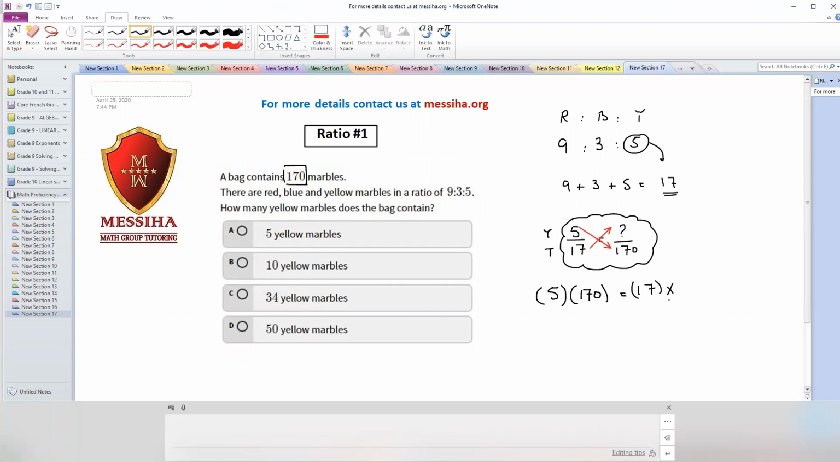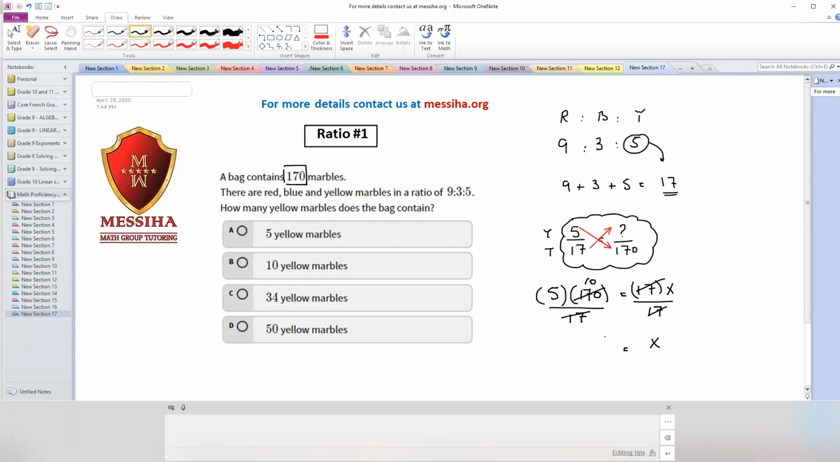Now to isolate the x unknown, I have to divide by 17 so I can simplify. But because this is an equation, I cannot do something on the right side and not do it on the left side. So whatever I did on the right side, I have to repeat on the left side. Now I can isolate x, simplify 17 with 17, and this is what I need, how many yellow marbles in the bag. And after that, I'm going to see here that I can simplify 17 with 170,